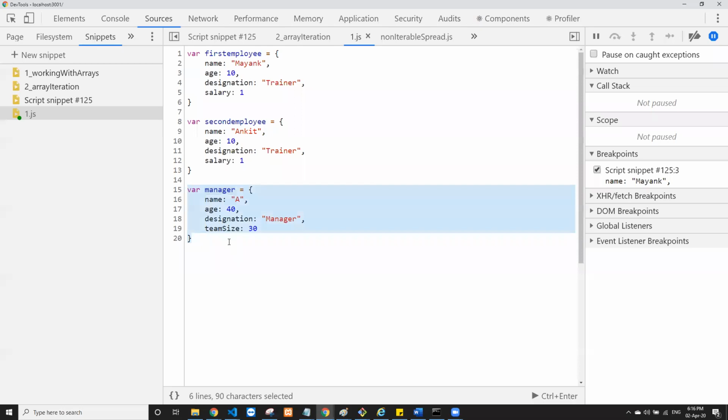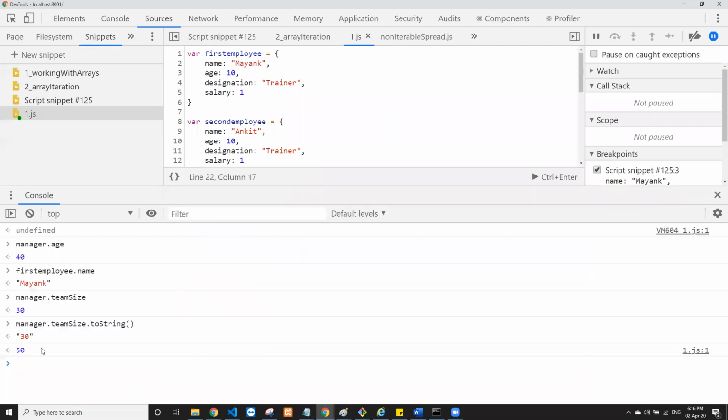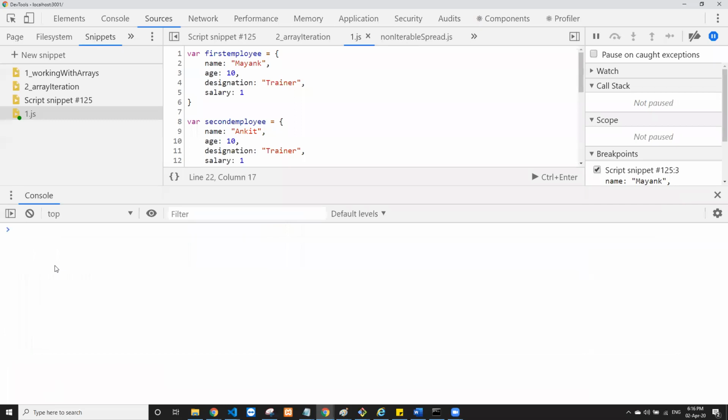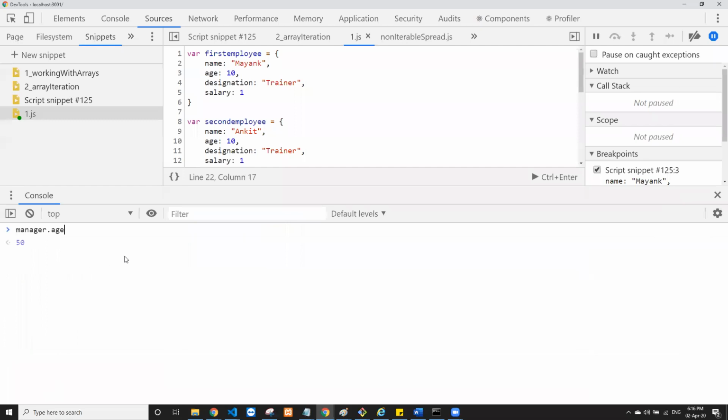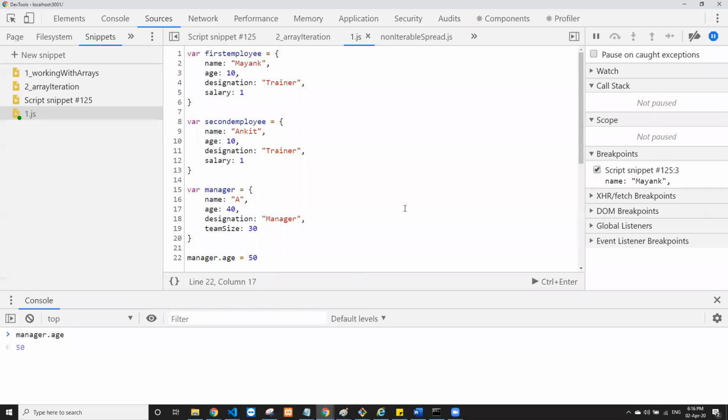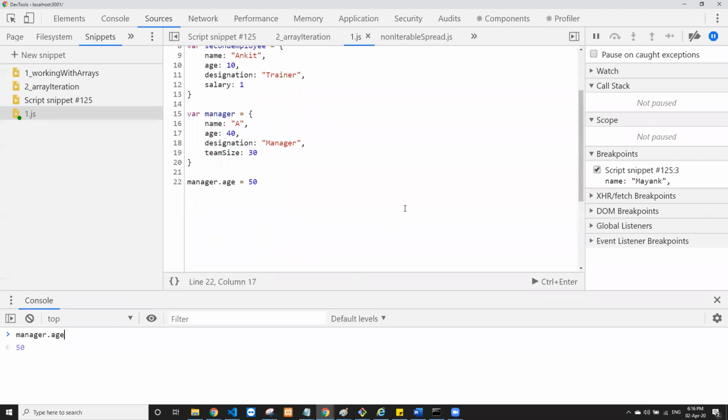So at any moment, if you have to change this manager age, you'll go and access this manager memory space. Inside that memory space, I have to update the age to 50. So let's run this program. At the end, if you look at the manager details, initially you assigned the age as 40, then you went and updated it, so the updated age is 50. You are creating a memory space, adding some key value pairs, then modifying that particular key value.